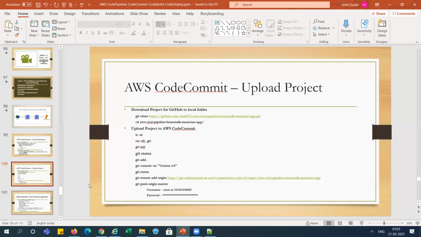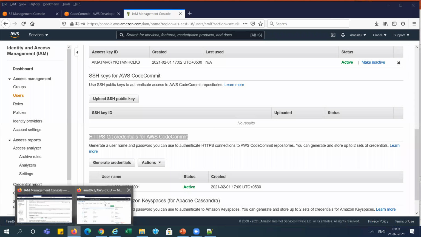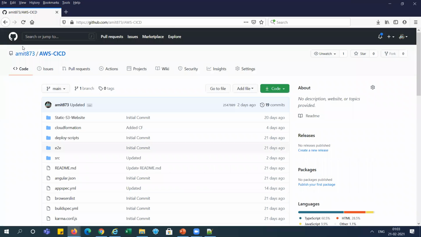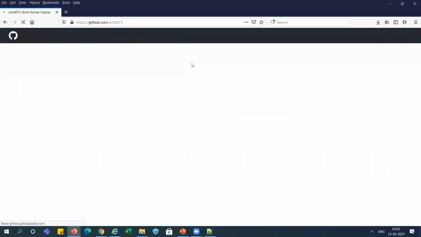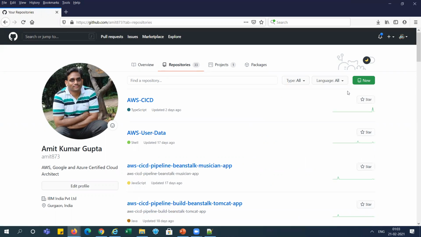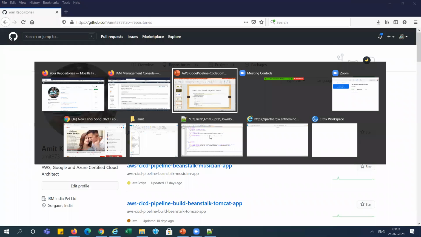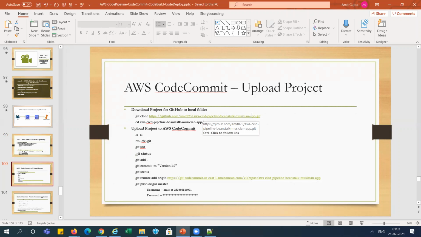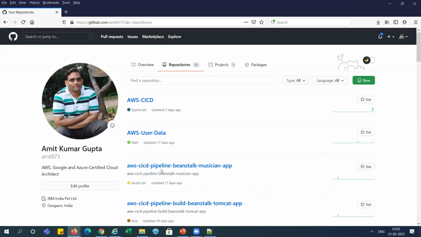You can see the GitHub URL is already there, so let me open it. This is the AWS CI/CD pipeline Beanstalk Magician application, the same URL I mentioned here.